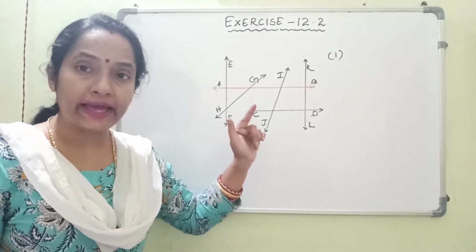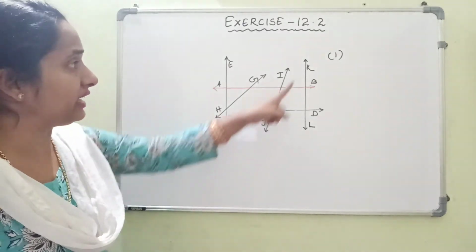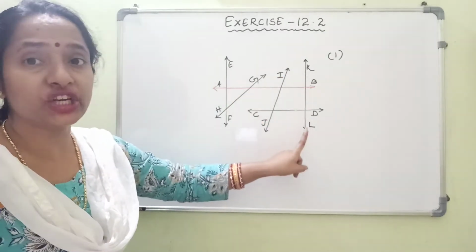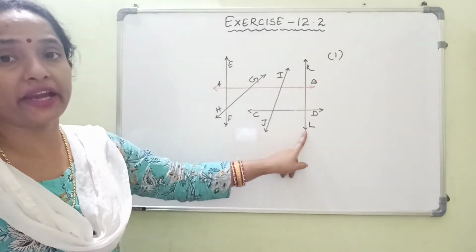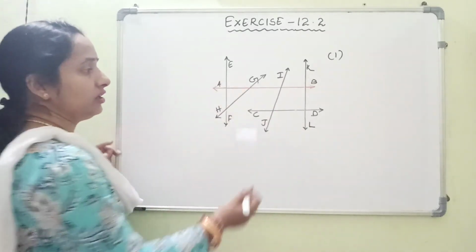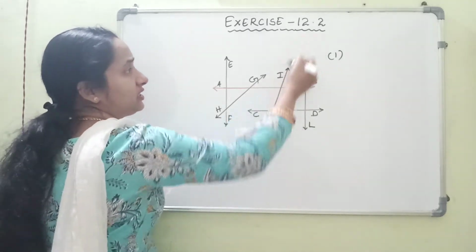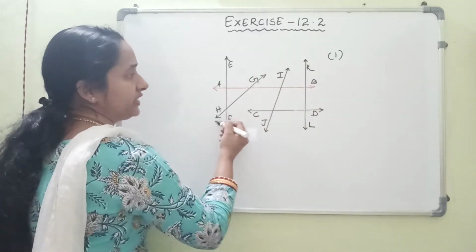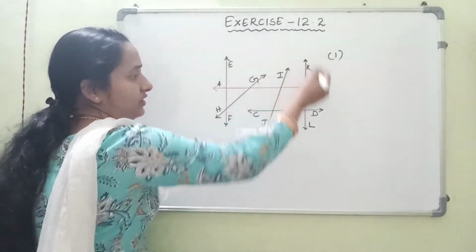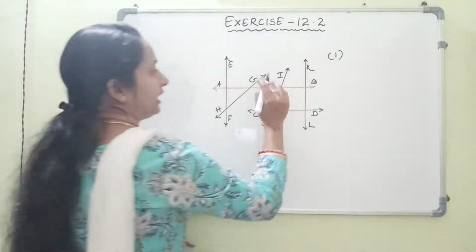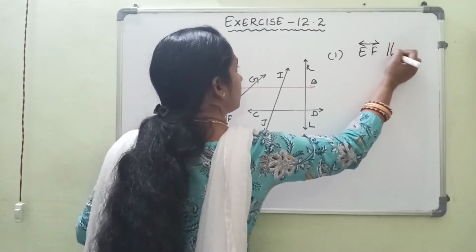Dash is parallel to KL. First let us come to the KL. Where is KL? This is the line KL. So tell me which line is parallel to KL. Just observe the figure. If you see this line, this is slanting. So if you extend this, it will meet somewhere. This is also slanting. It also can meet the line KL. But if you see, the line EF is parallel to KL.